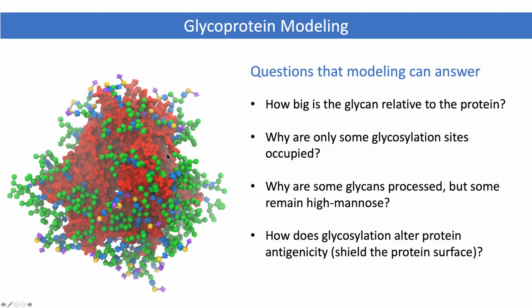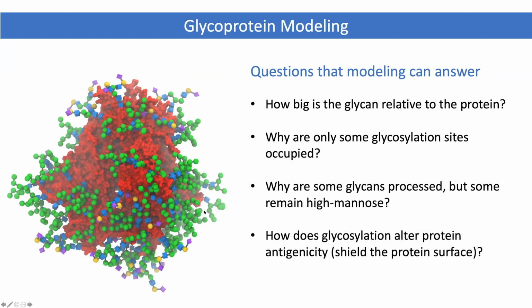You can also look at, for example, a site down in here that isn't glycosylated, and if you just look at the sequence, you don't know why it isn't glycosylated. But when you look at the 3D structure and you think of the size of the sugar, you can determine that it is inaccessible. Further things, you might say, well, why is there a patch here that's all high mannose? Why isn't it processed? And that's because ERMAN1, the enzyme that would normally begin the processing sequence of events, can't physically access it without bumping into the underlying protein. And so you can predict